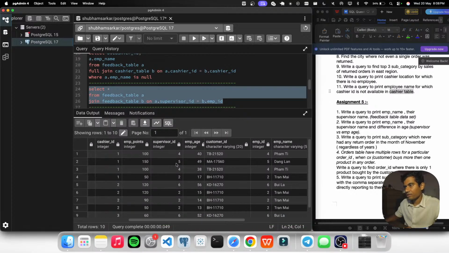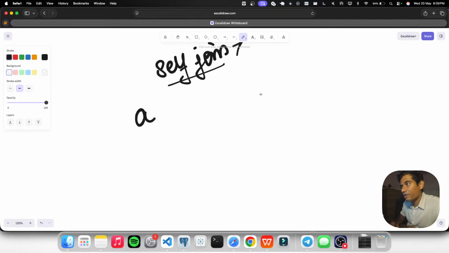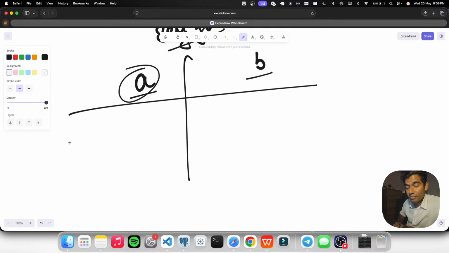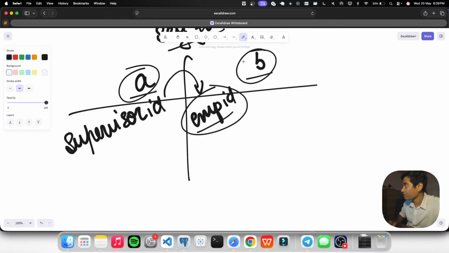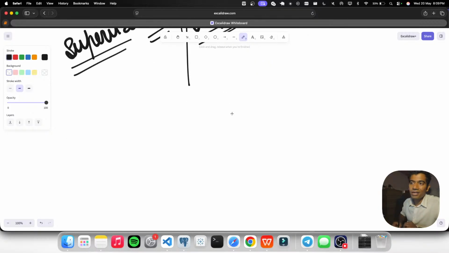ठीक है, सिंपल। Here what we have done, हमने सेम टाइप का और एक टेबल क्रिएट किया और इसमें हम लोगों ने क्या बोला कि जो सुपरवाइज़र आईडी है पहले टेबल का, उसको आप एम्प्लॉय आईडी दूसरे टेबल में शोकेस करो। अब बात यह है दोनों टेबल सेम हैं, राइट। तो हमने क्या बोला, सुपरवाइजर आईडी ऑफ टेबल ए शुड बी इक्वल टू एम्प्लॉय आईडी ऑफ टेबल बी, राइट।